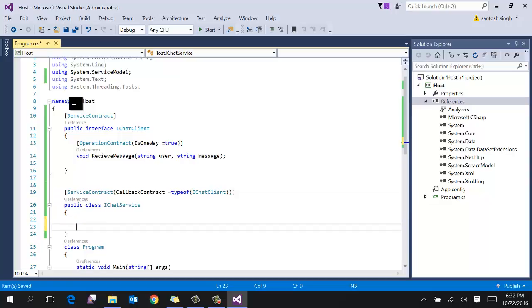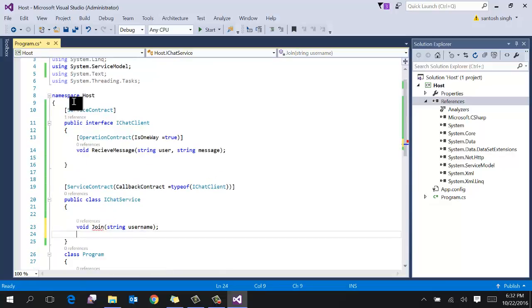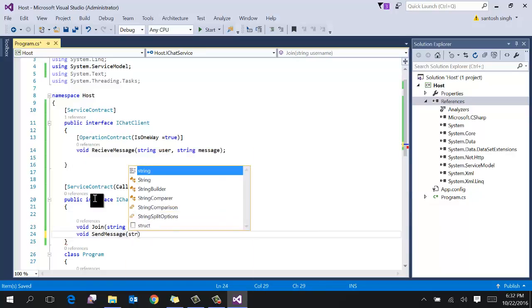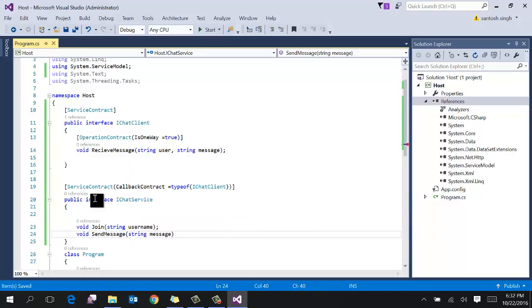Then create two methods, Join with string username. When a user joins the chat, this method will be called. And another method, SendMessage with string message.